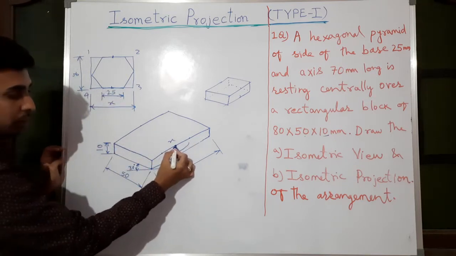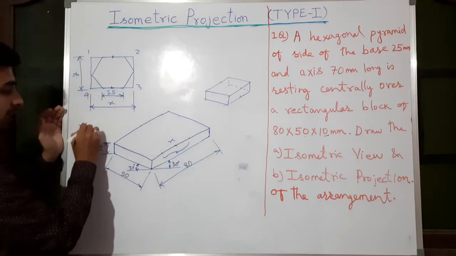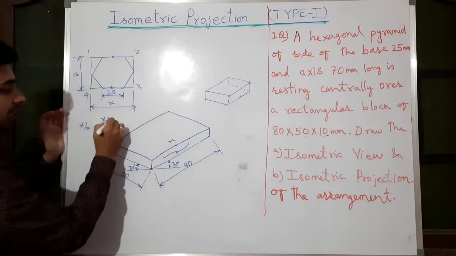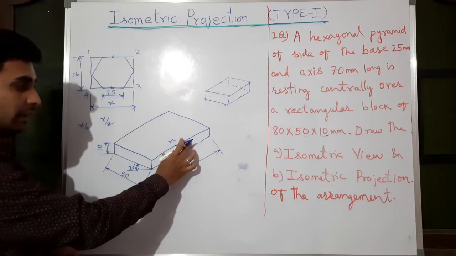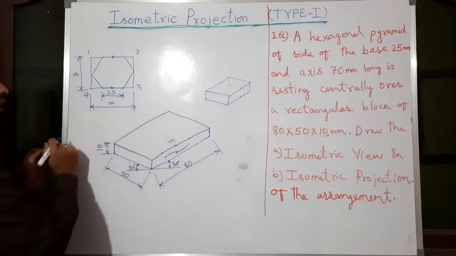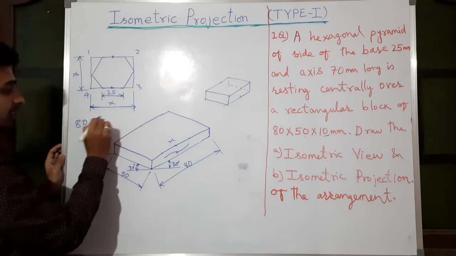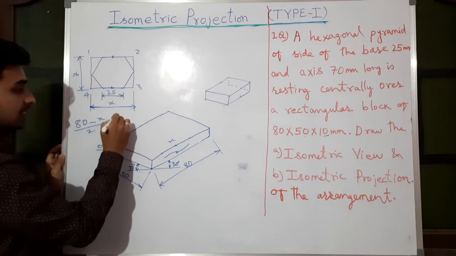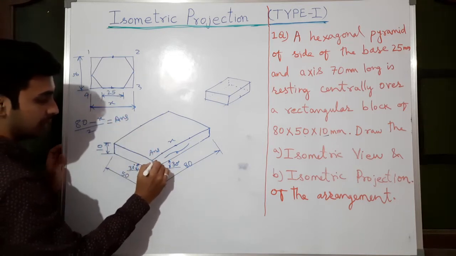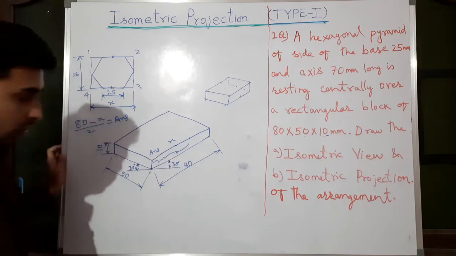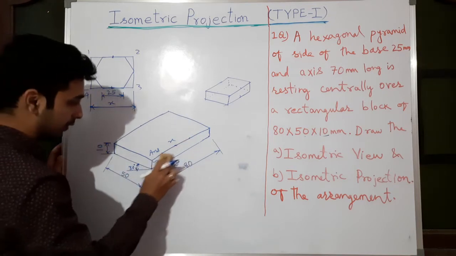After marking the midpoint of the 80 mm long line, measure this total length x. Take x by 2 this side, and the remaining x by 2 this side. Transfer like that, then only it will come in the center. Or else another method: total length 80 minus this length x, divided by 2. Whatever answer you get will be this gap. So there are two procedures. Whichever you feel comfortable with, you can practice.